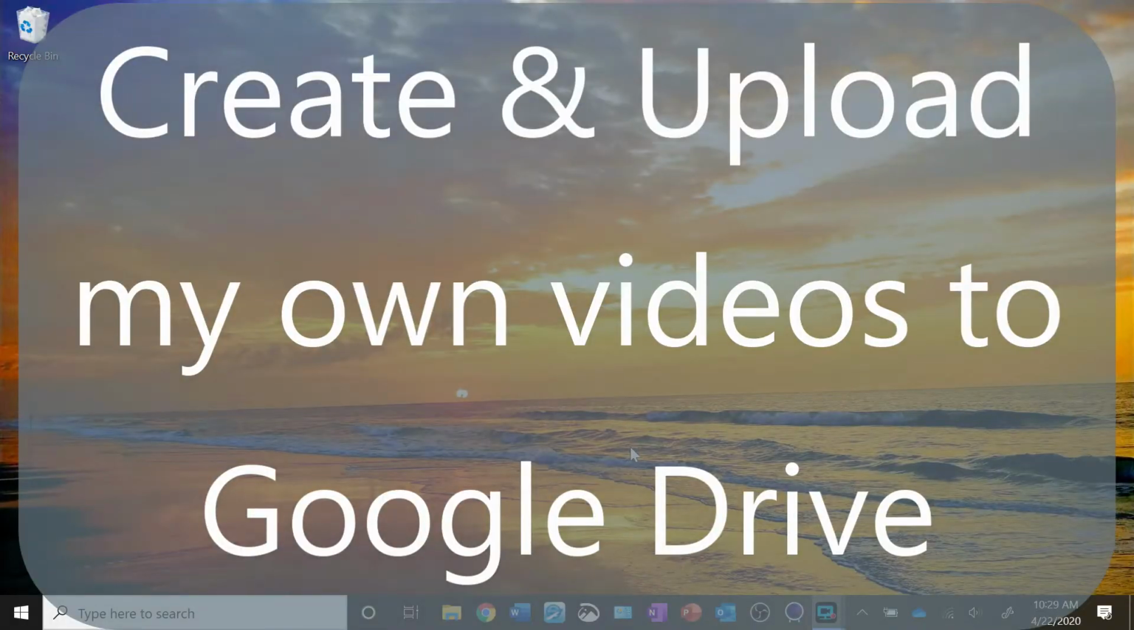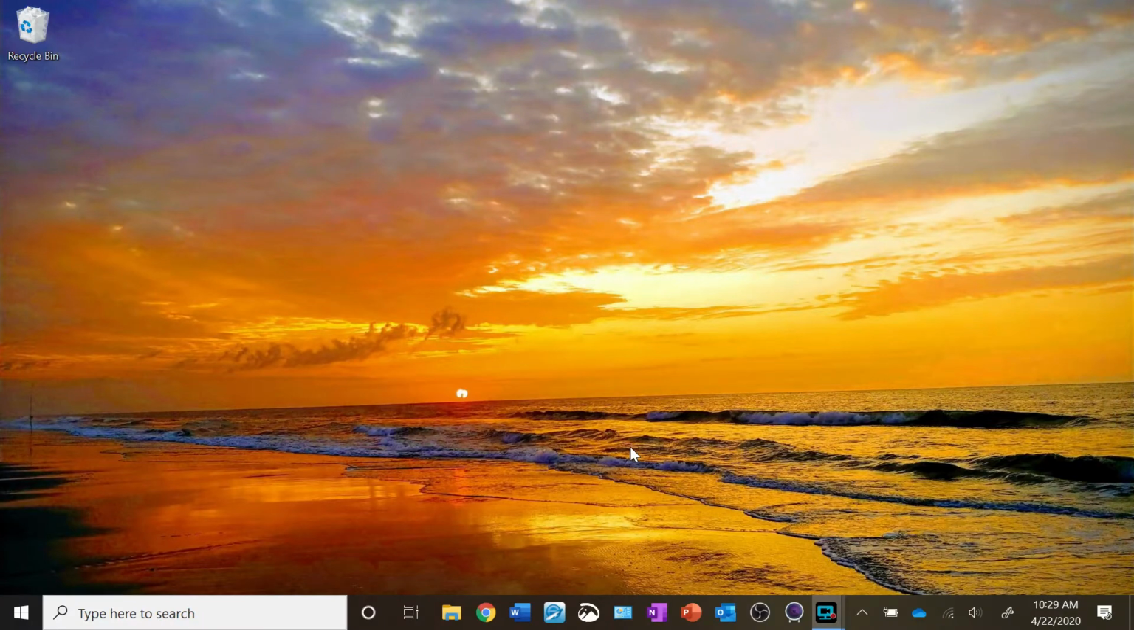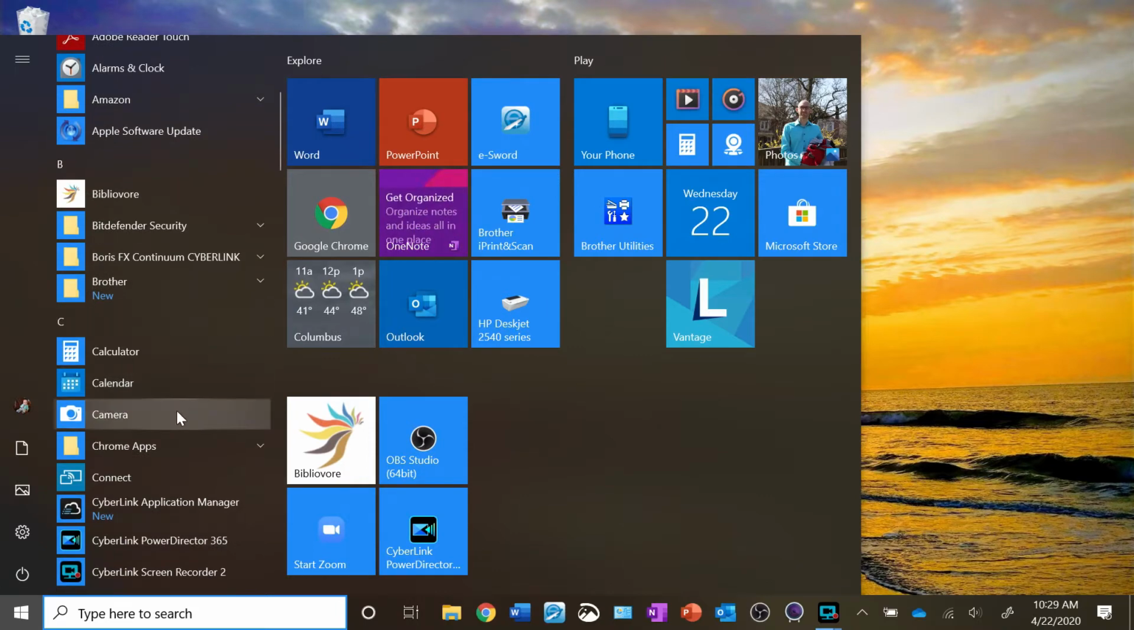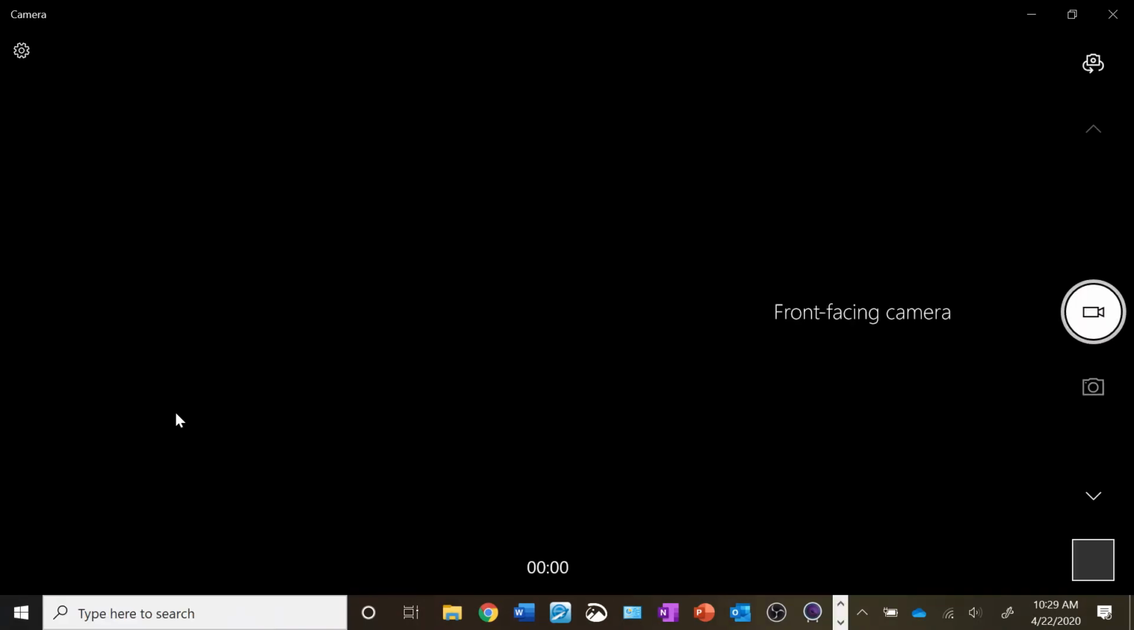We're going to be making a video using the Windows 10 integrated camera app. So what you're going to do is go to the Start menu, open it up, go down to Camera. From Camera, we'll be able to see ourselves. We're going to make the video, but before we make the video, what we're going